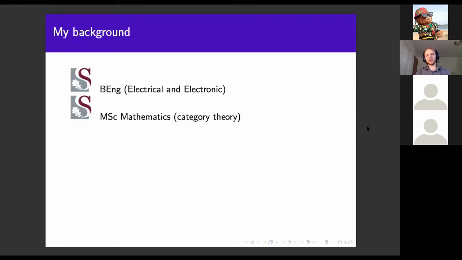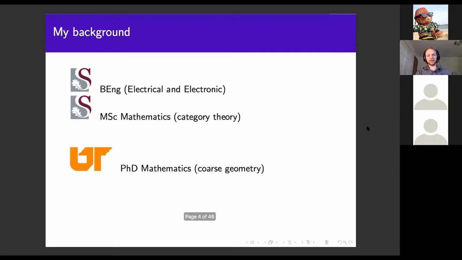My thesis was 4 chapters, 3 of which were solid category theory, and in the 4th one, I looked a little bit into possible applications. So that was cool. I then came to Tennessee, which is in the south of the United States, and did a PhD in mathematics. And for those of you who are very new to how the academic systems work in various countries,